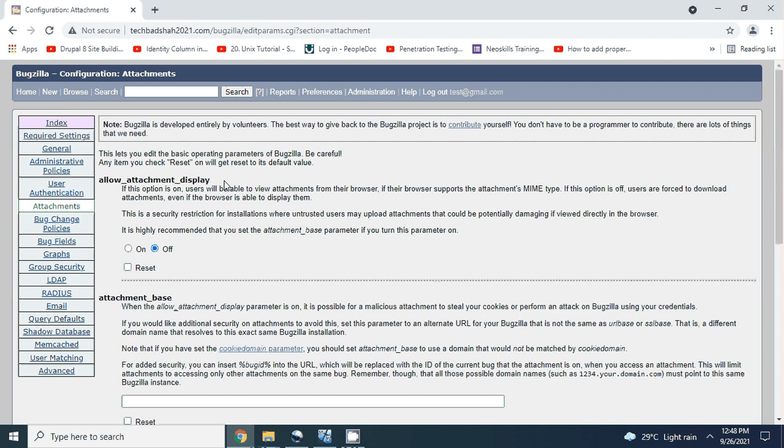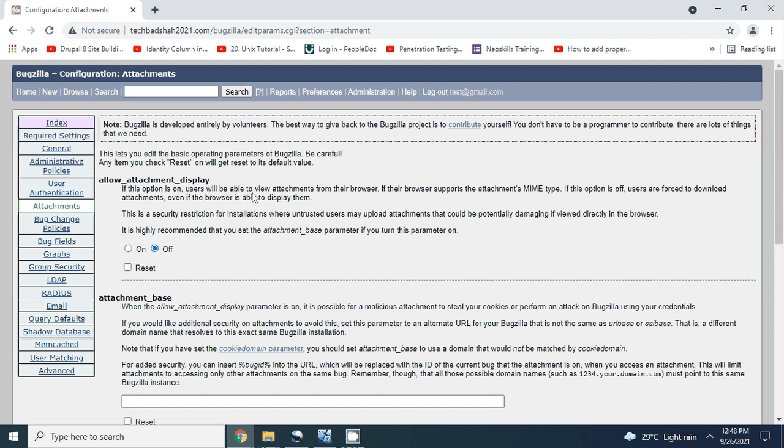Next is attachments. In this section, the first option is allow attachment display. Here, Bugzilla gives you an option for users either to download the file and view it, or view it directly in the browser. For example, say there is an attachment which is an image or a PDF document. When the user clicks on the attachment, instead of downloading, it will open.